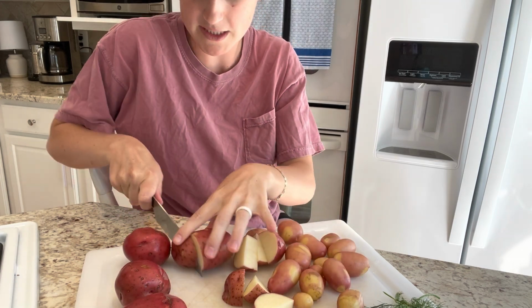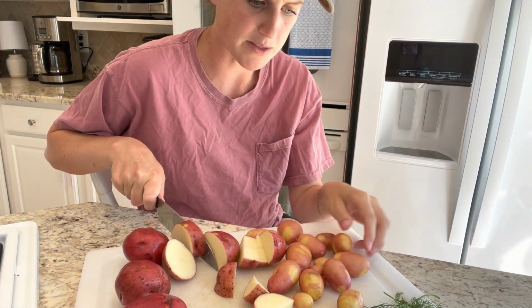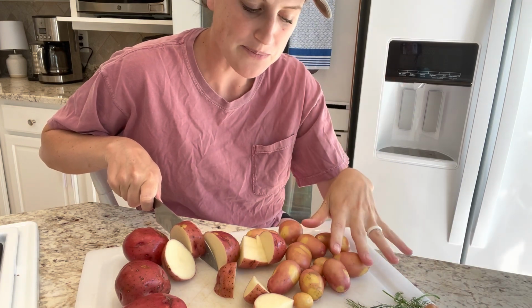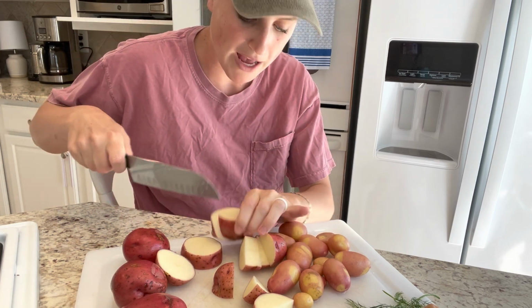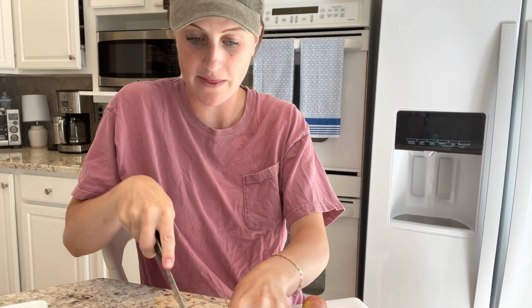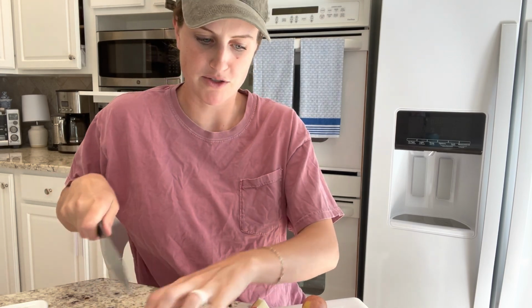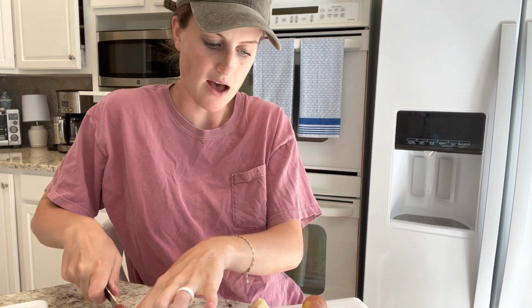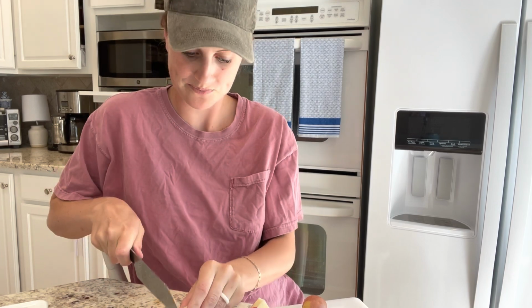I did want to say that I was very careful when I was washing these potatoes because the skins are so soft. When you store potatoes, you usually leave them out to dry and they kind of will cure, and the skins will get a lot harder, a lot tougher in that process. When you harvest the potato right out of the ground, it is much, much softer. And so you just want to be a little careful when you're washing it, that you don't rip off the skin. And you don't need to worry about peeling them because